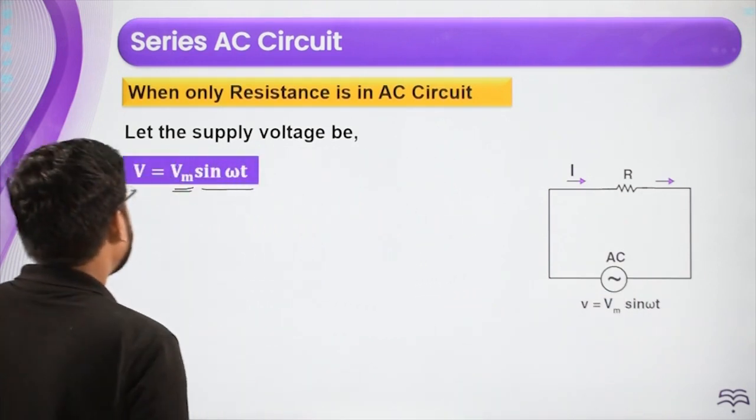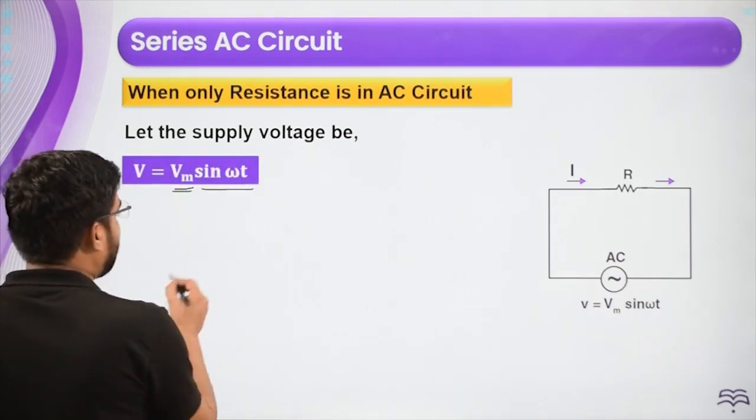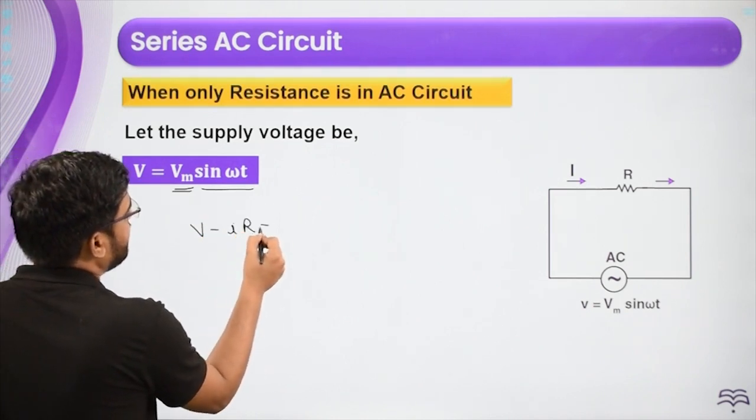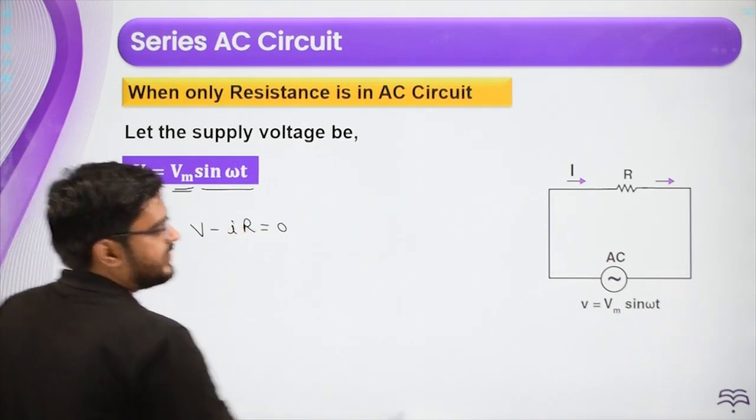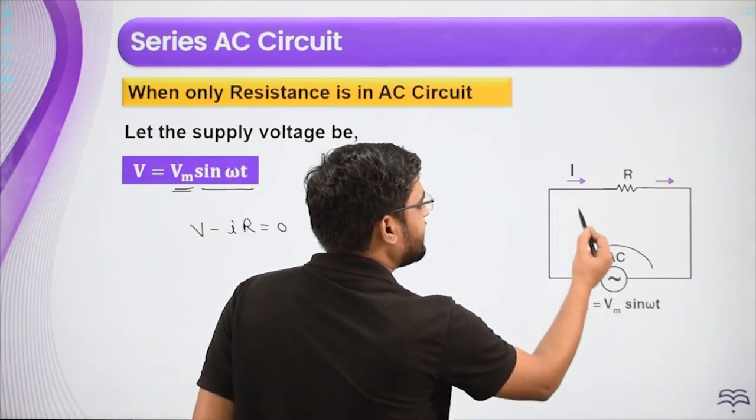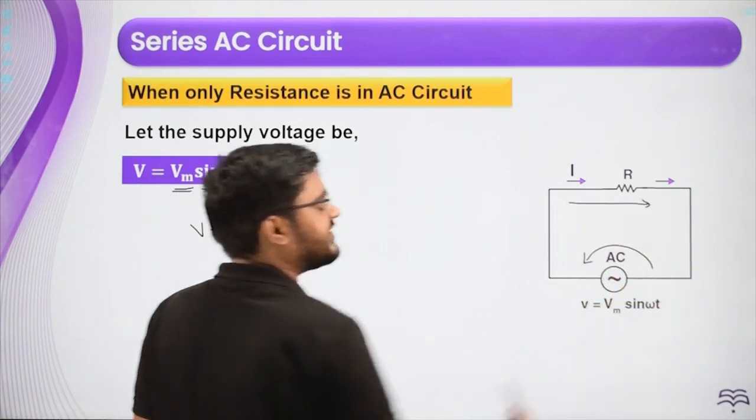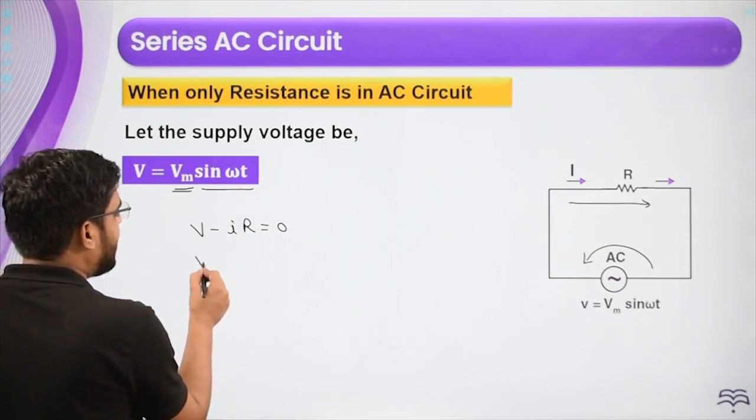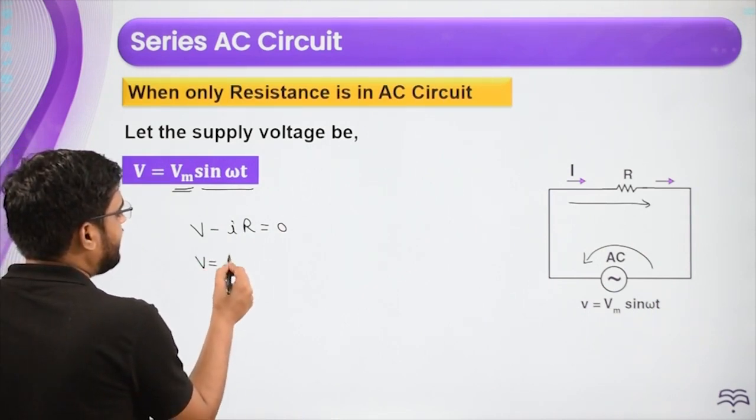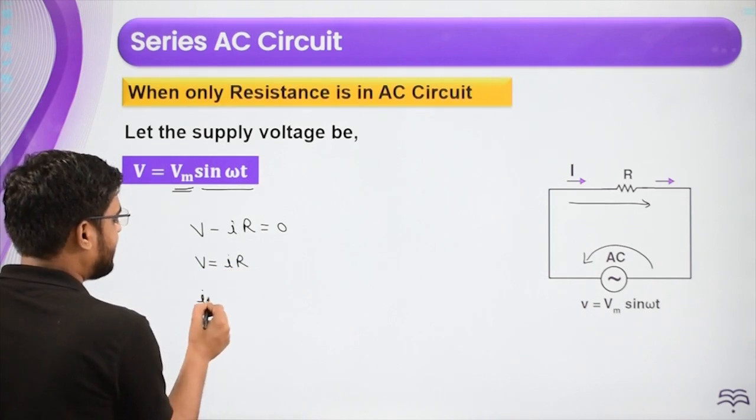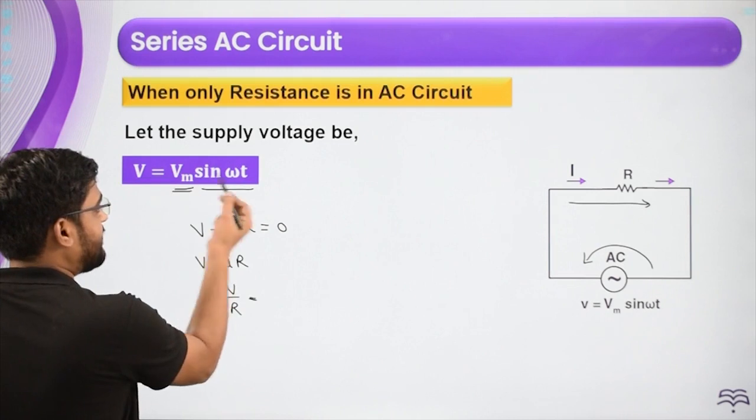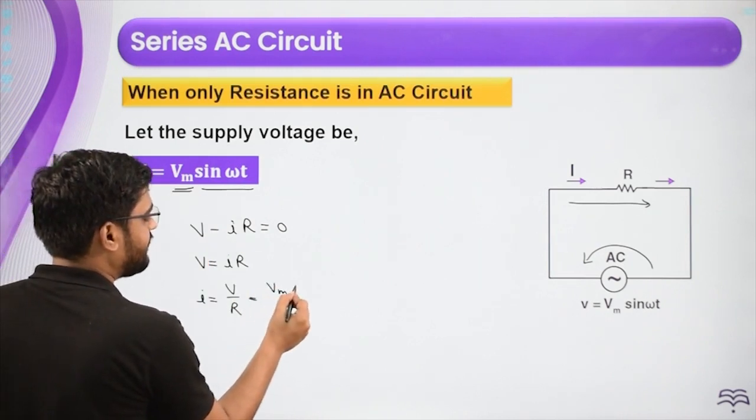So for that, what I am going to do is I am going to apply my Kirchhoff's law. So that is V minus IR is 0, right? This is simply plus V, this is minus IR, and this is the complete loop. So V minus IR is 0, and from here we know that V is nothing but IR. Our idea is to get current, so I is nothing but V by R. What is V? V is given by Vm sine omega t